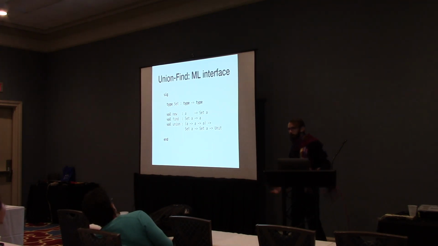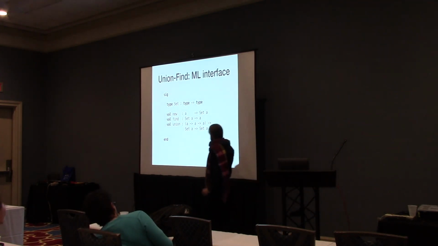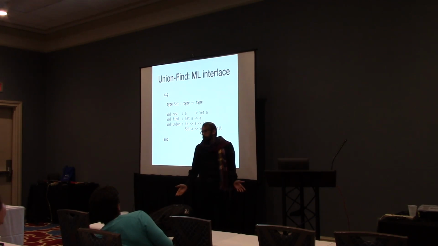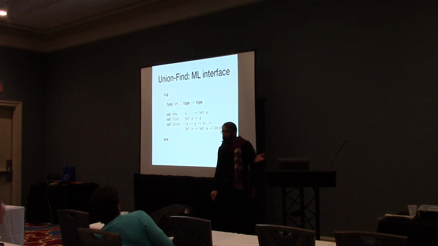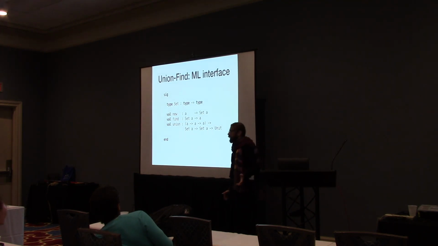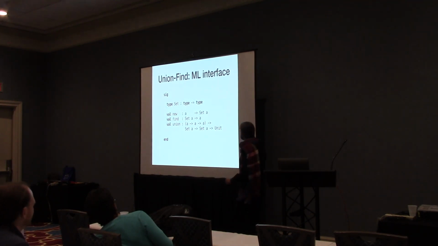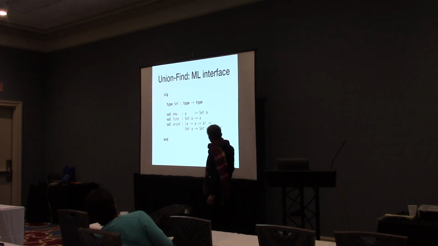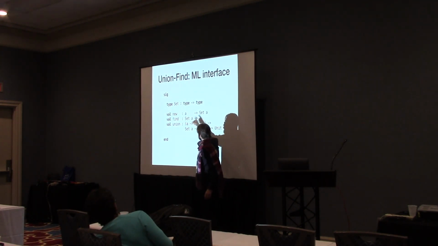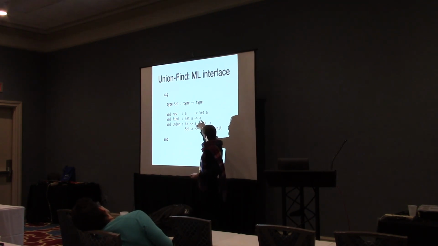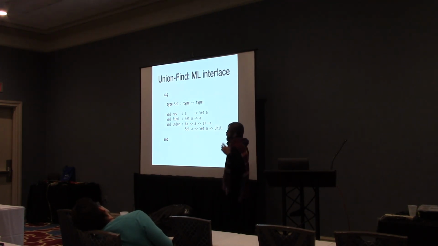It's a more abstract representation where we have a type of representatives, which makes it very nice if we want to encode things like, I don't know, a type system for a simply typed lambda calculus that would use a unification algorithm based on top of this. Right? So what we have here are three operations. One for creating a new disjoint set that contains only its chosen representative. One that finds a representative given a set, and one that unites two sets.